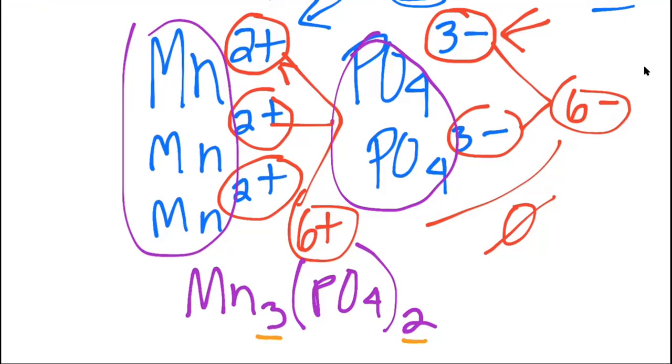So if metalloids show up, usually it's a covalent compound, because they don't really show up in compounds that much. You might see silicon, but most of the time they don't really show up, okay? Because carbon's a non-metal, tin and lead are metals. They're in group 4 or group 14. And so if silicon is in an ionic compound, then it would have a +4 charge because it would act like the metal if it's paired up with a non-metal. But a lot of times, if it's paired up with a non-metal, it will be a covalent compound because it usually acts like